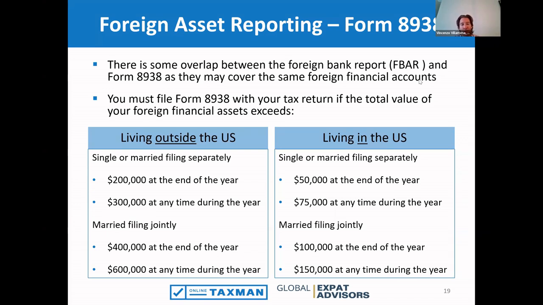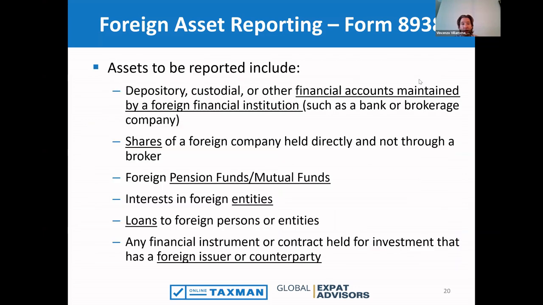If you're living outside the US, it's $200,000 if you're single, $400,000 if you're married filing jointly. So big difference there. And if you're living in the United States, it's roughly $50,000 single and $100,000 married. So again, a lot higher than the $10,000 threshold. But the reason is that the